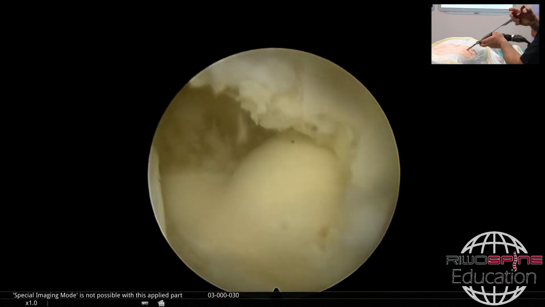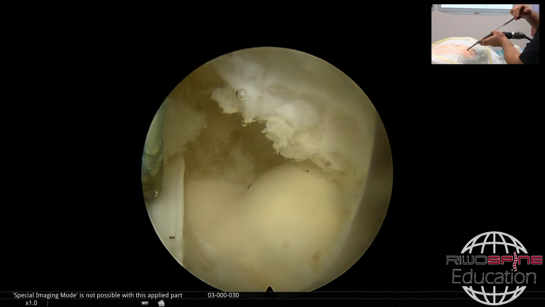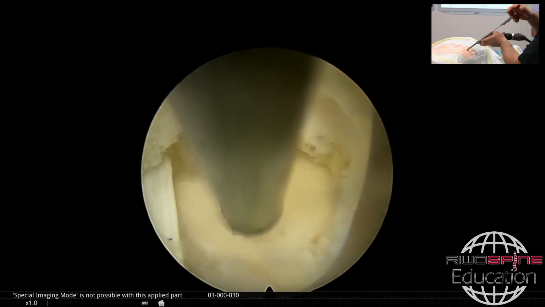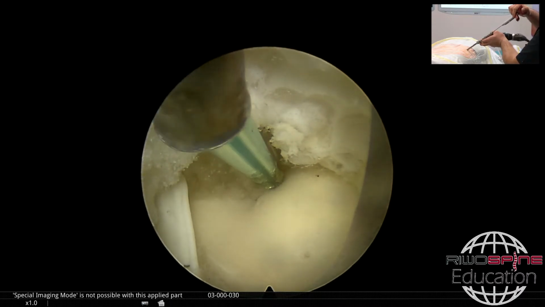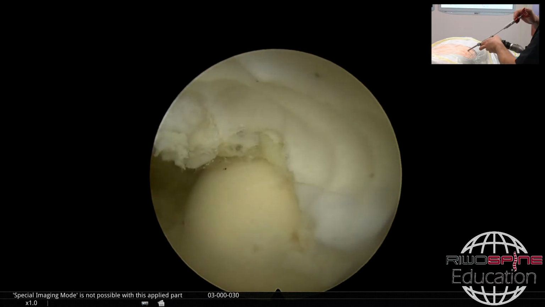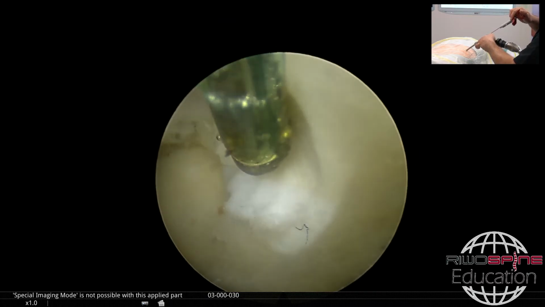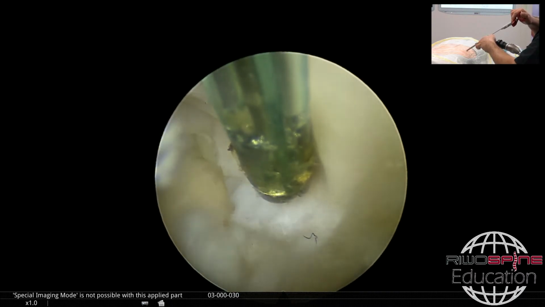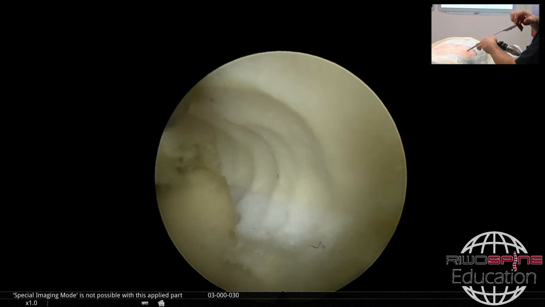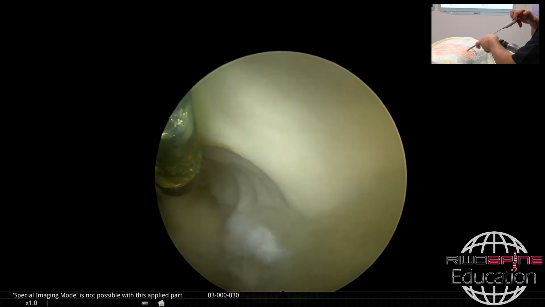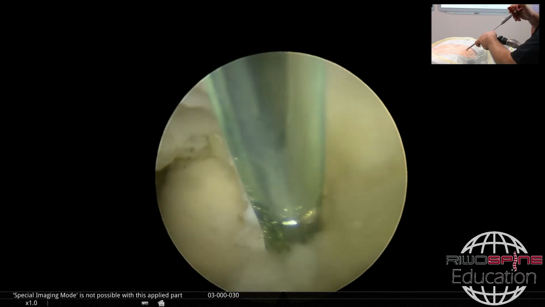But sometimes, as we said, the exiting nerve root position could be changed due to the fragment, because the fragment could push the exiting nerve root somewhere here. Then you cannot do the regular operation. Then the option is to insert your needle into the bone, at this junction. It is the junction of the pedicle to the ascending facet. Then you can start the operation like that, dissect all the tissues, and try to find the